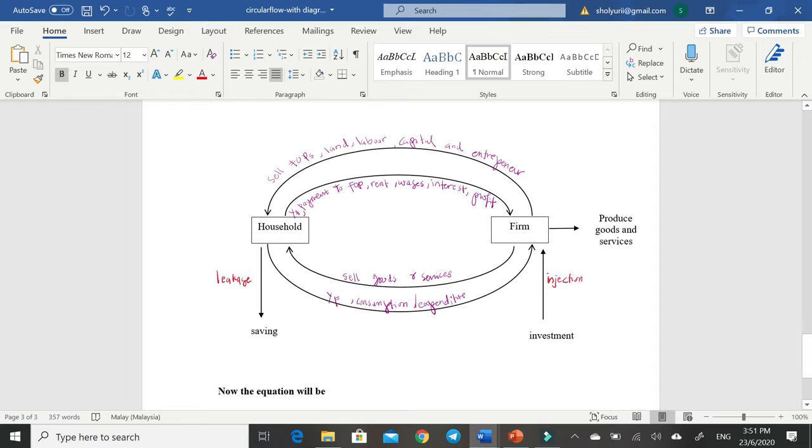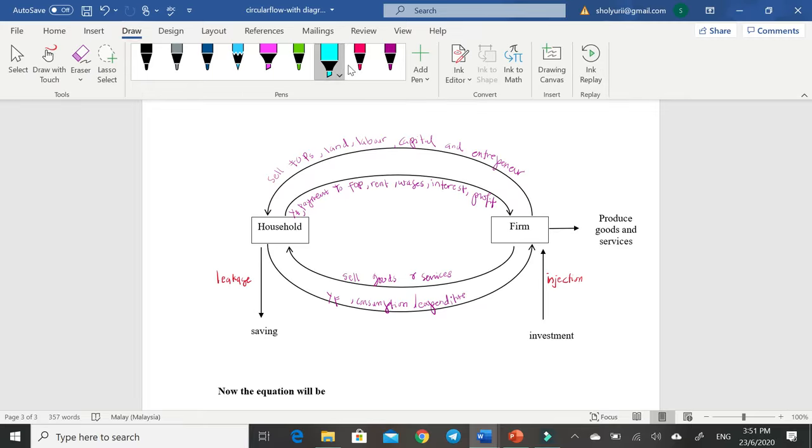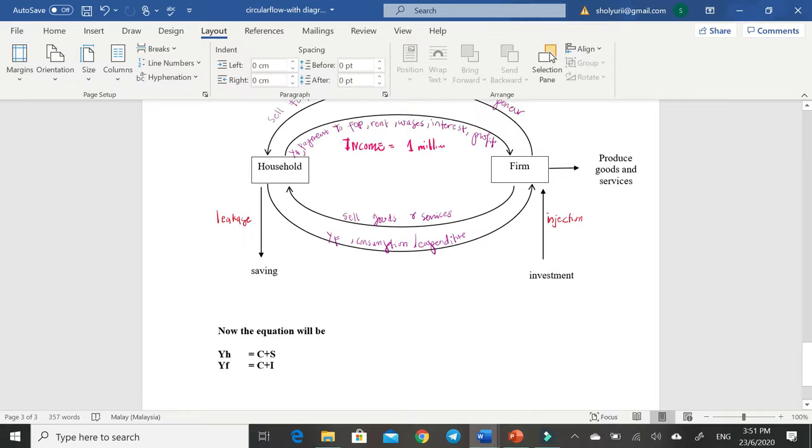So what happened here? Even though the income household earn in here, income dia equals to 1 million, but household will not use all as expenditure because some portion will go for saving. So anak panah keluar ni yang kita panggil sebagai leakage. So saya tunjuk kat sini. Okay, Y